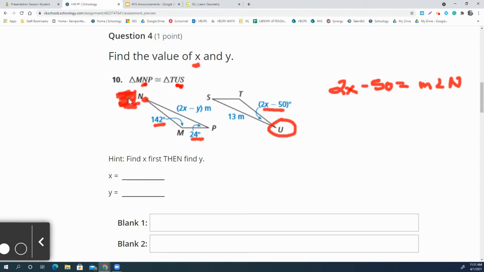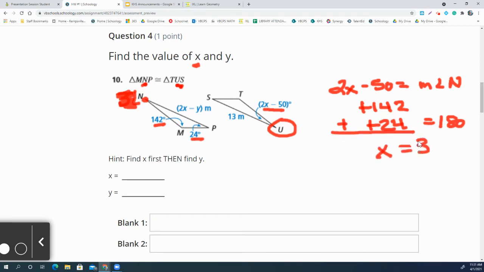I did 2X minus 50 plus 142 plus 24 equals 180. Ah, that works too. So we could add 142 and add 24 and equal that to 180. So we could add all of those. Am I remember X equals 32? Yeah. Is that what I remember? Okay. So X equals 32. There's a lot going on in this problem. You've got to know that U goes with N. And in order to find N, you need to know all of those equal 180. So we can add them all up, set them equal to 180, right? Once you have that,